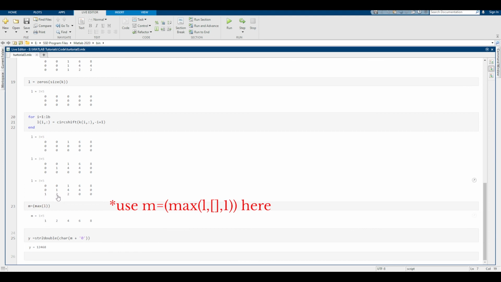So we get 1 here, 2 here, 4 here, 6 here, and 8 here. So this is our result, but it is in an array form. We need to convert it into a number, which we do by using this part of the code, str2double, and this character m plus '0', which what it does is that it adds the ASCII value of 0 to these 5 digits and then makes it a character, and then using the str2double function, it returns it as a double variable. So yeah, this is the code,